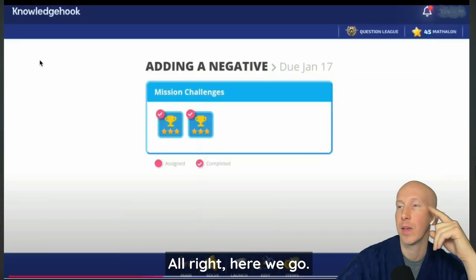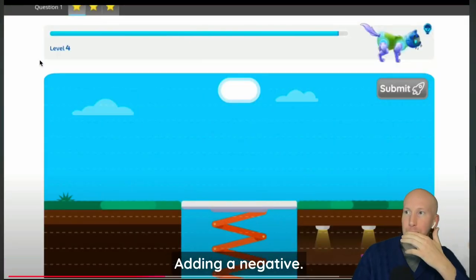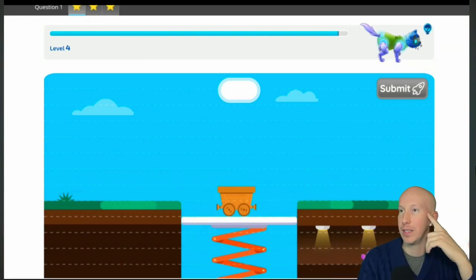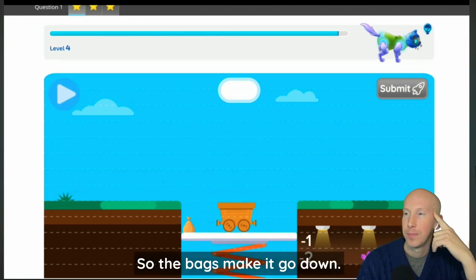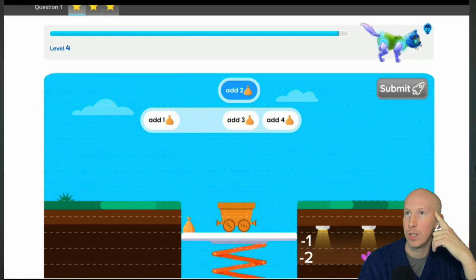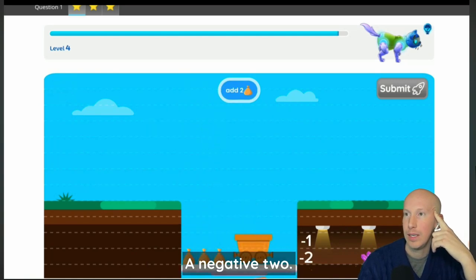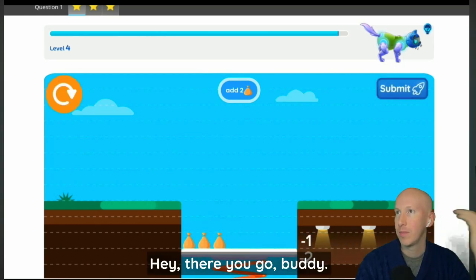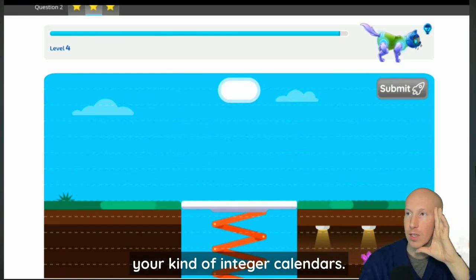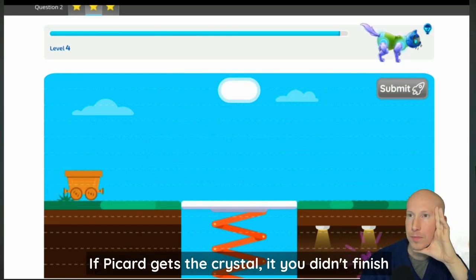Adding a negative. So now we see why it's actually called the MineCart. There's a crystal at the bottom, and the bags make it go down. We labeled it as bags. So the bags move it down, the balloons move it up. It's the same as your integer counters. If the cart gets the crystal,